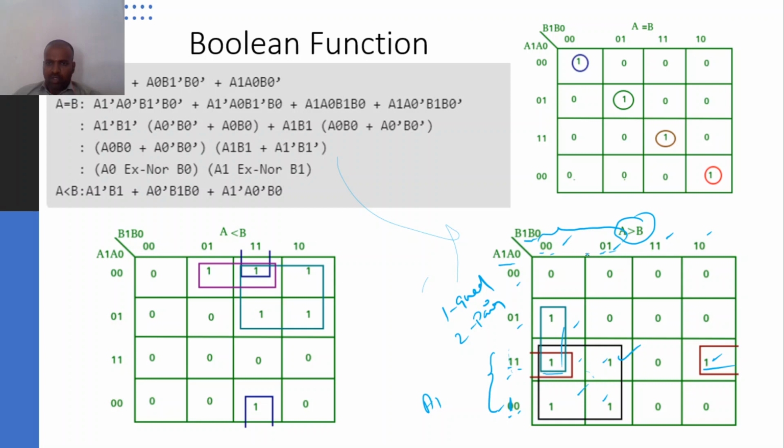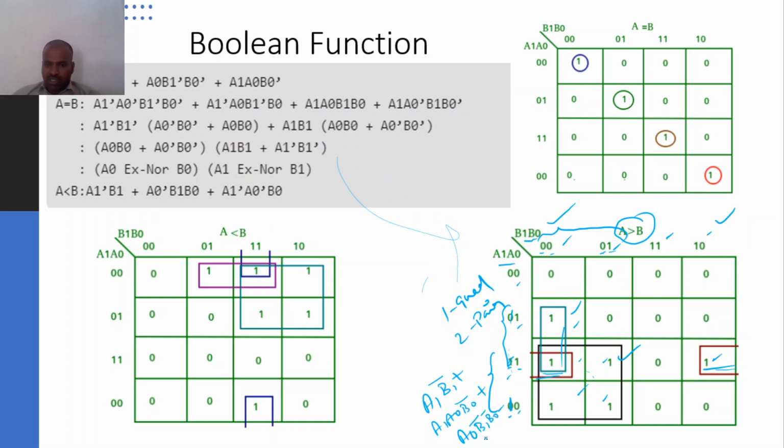So b1 is 0 0, it is b1 bar, so a1 b1 bar, plus, let us take this pair, this left one and this one. So the left side is 1 1, that is a1 a0, and the top side 0 0 and 1 0, that is b1 gets cancelled and b0 will come, that is b0 bar, plus this pair now. So we need to concentrate on here. So a1 gets cancelled, a0 will come, so a0, and the top side b1 bar b0 bar.